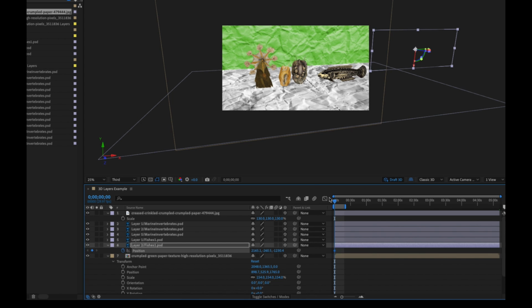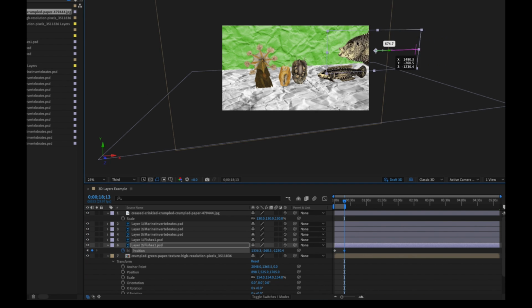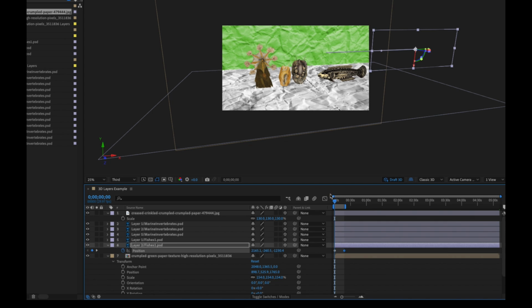That's my first keyframe. I'm going to move my cursor, hold down Shift and snap it to the end of my composition. I'm going to click on this. I'm just going to drag the fish all the way across until it's out of the scene. Right? And so now, because I'm using this fast preview,